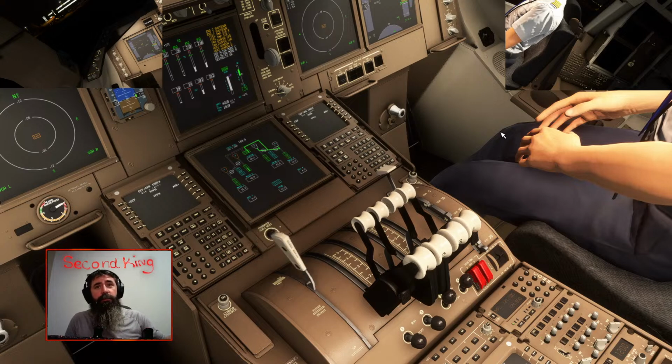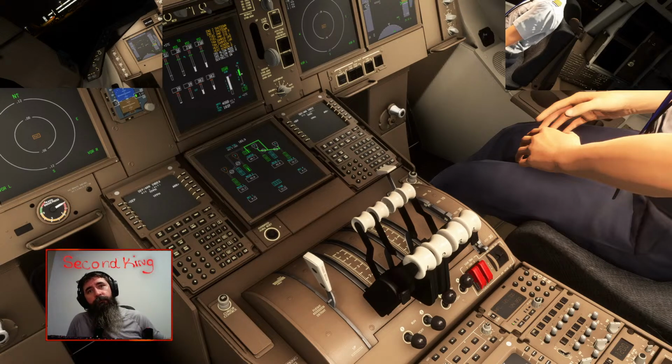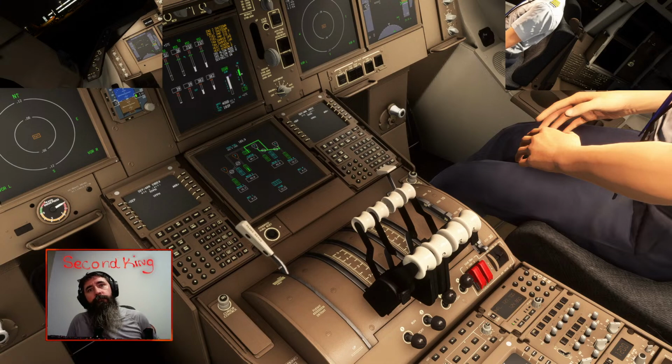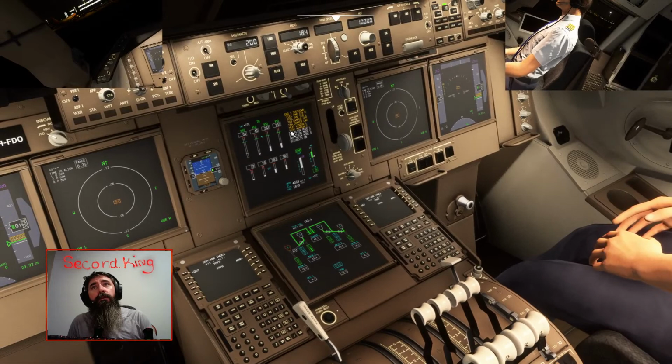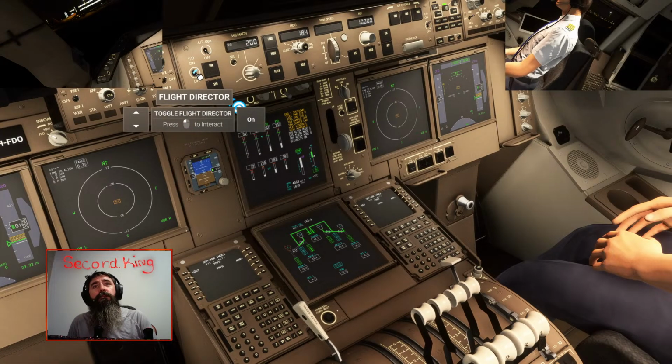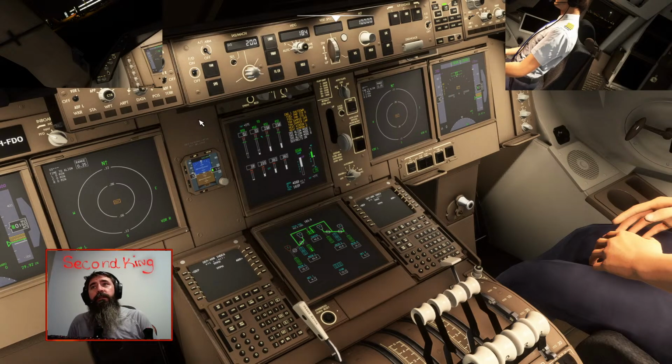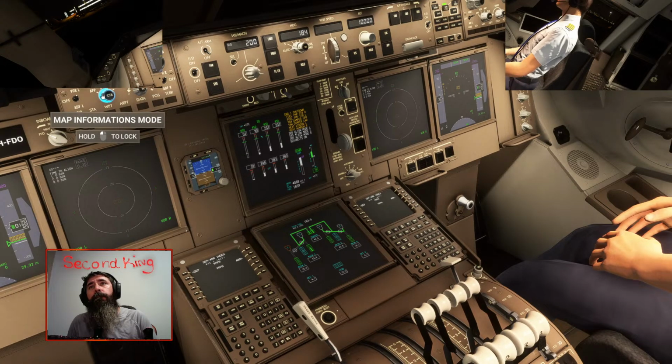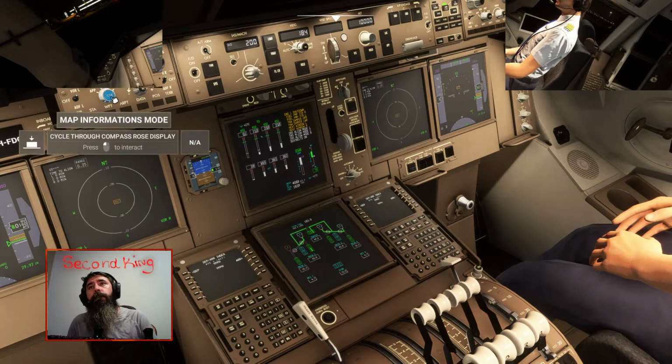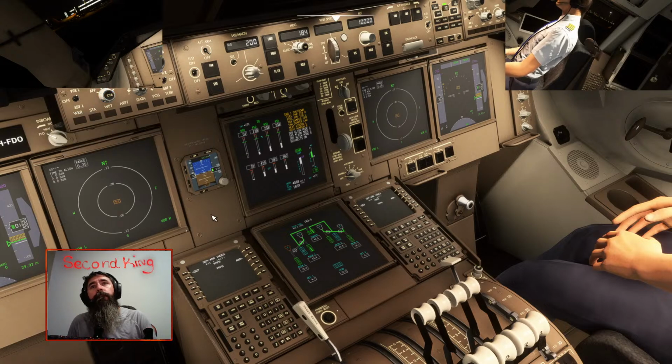Always make sure to check your controls. You never know. Number 2's coming alive. Your damper. Flight directors on. Left and right. I won't worry about any of those. Number 2's coming alive.